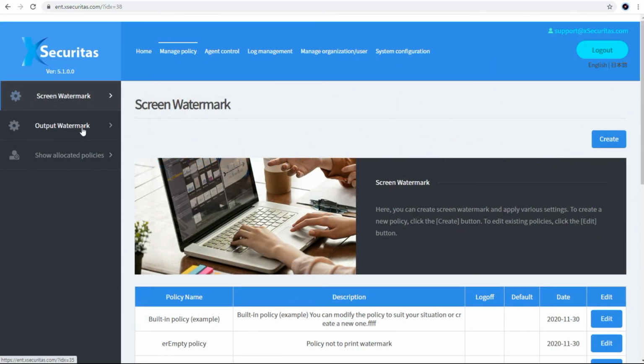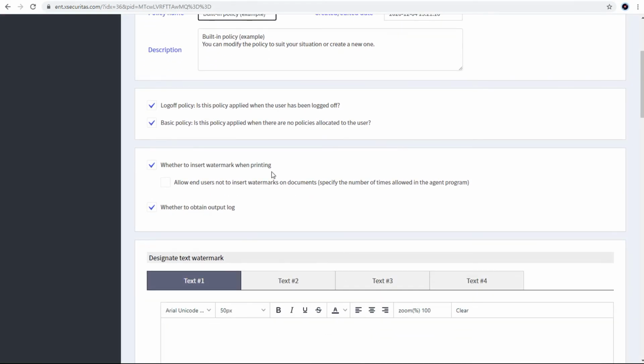In the policy screen, we will explain the contents related to the log. Selecting this means that the watermark will be printed when printing the document. Selecting this means that the output log will be obtained regardless of the watermark when printing the document.